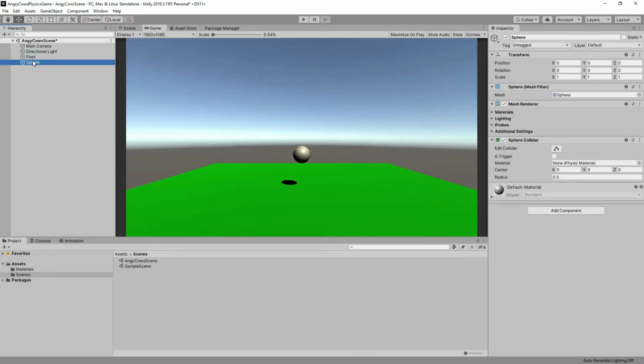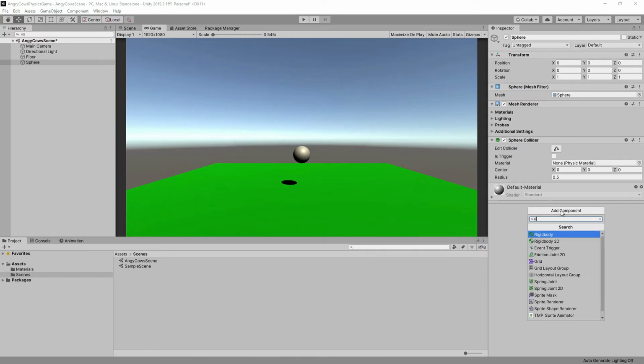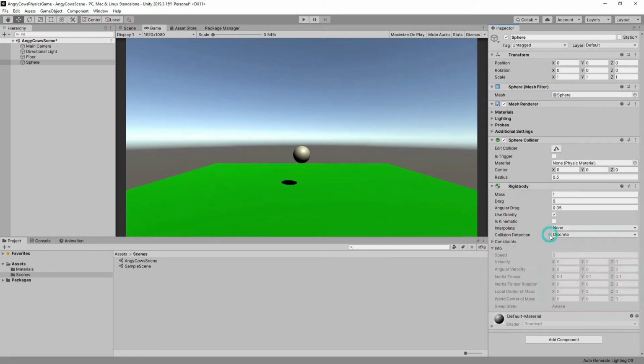And you can do that because Unity has a physics engine running in the background anyway. But how it works is that for your sphere you have to add a component, which you can do here. You can add scripts later on there as well. And then you can search for rigid body. And that's exactly what we need to give it a physical behavior. So as you can see, rigid body, you can give it a mass. So if it's a more heavier object like metal or something, you can even increase this variable here to 4. But by now we just stick with 1. And then if we save it and hit play,